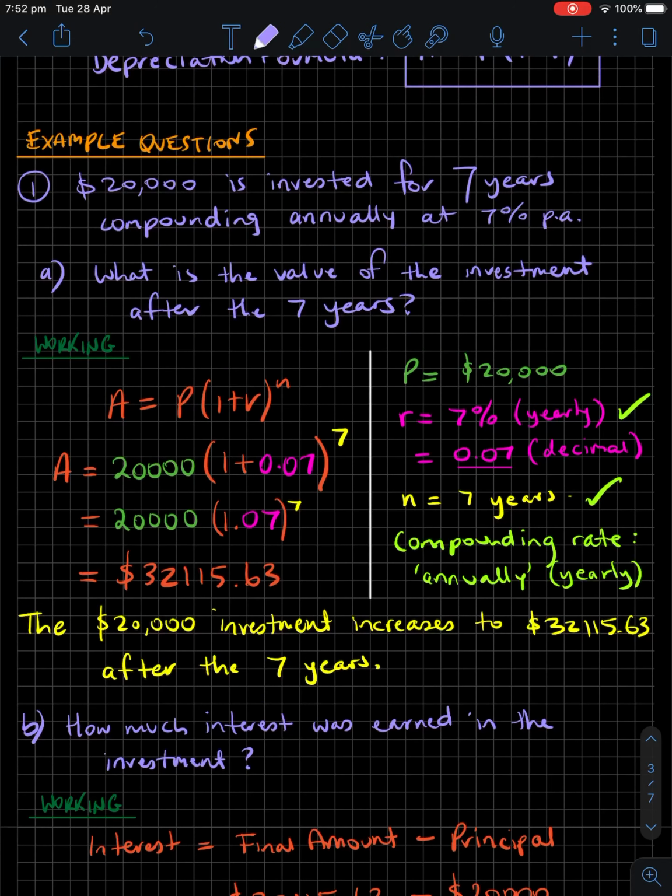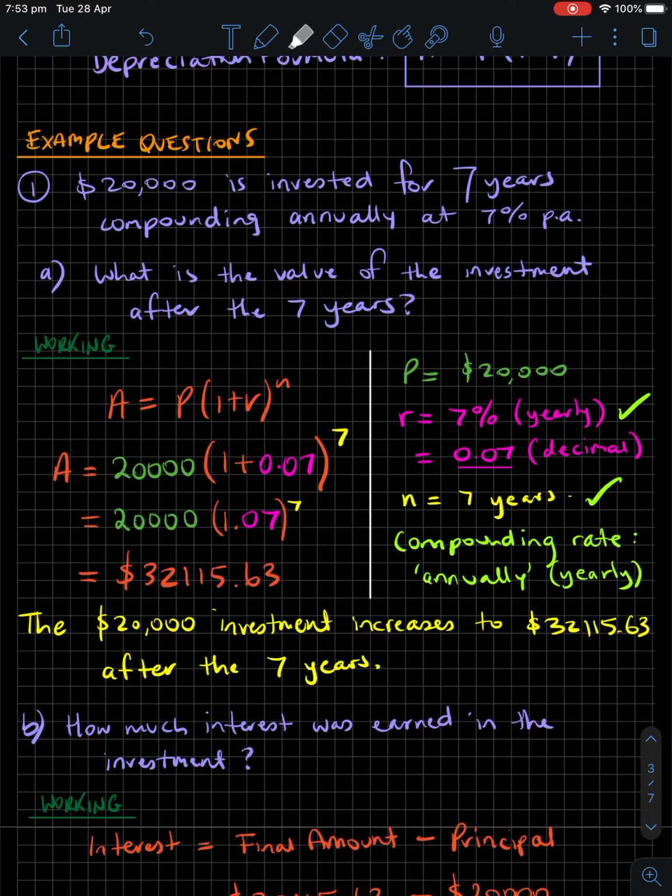Okay, so what is the value of the investment after these 7 years? Okay, so let's have a look. We use the formula first up, but we need to make sure we're using this formula properly. So first up, our principal is our $20,000, the amount that we're investing. Our rate is our 7%, and converting that to a decimal version is going to be 0.07. Our N is our 7 years, and